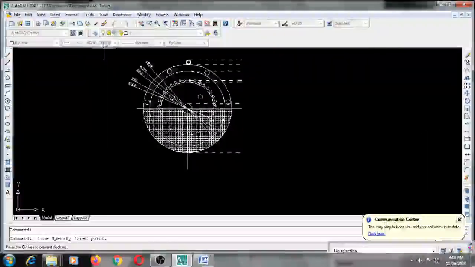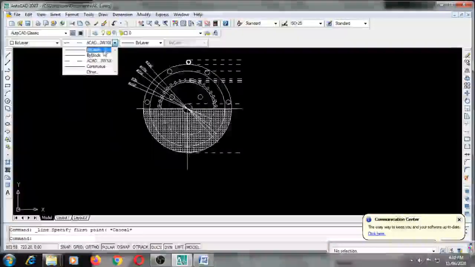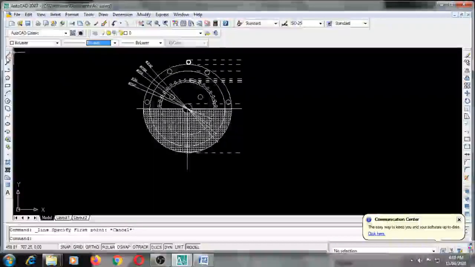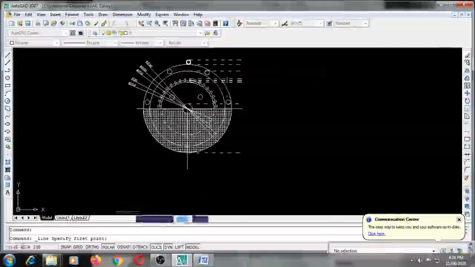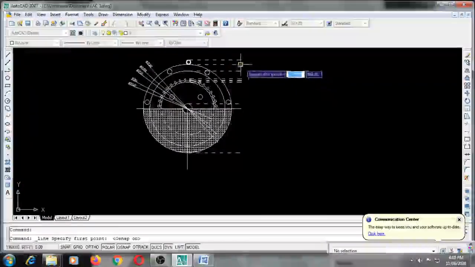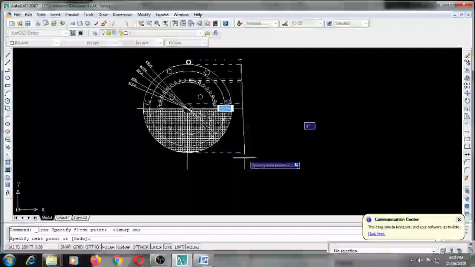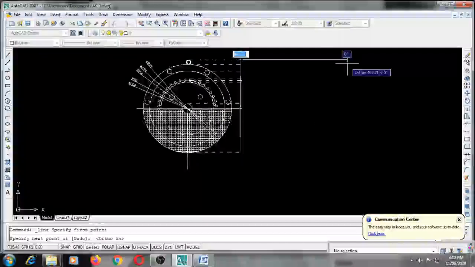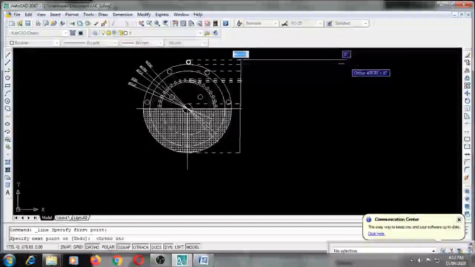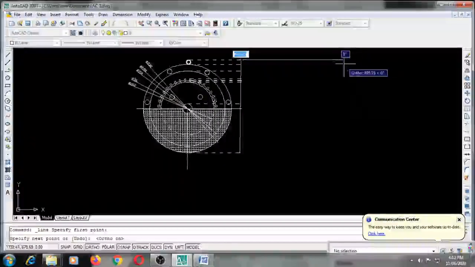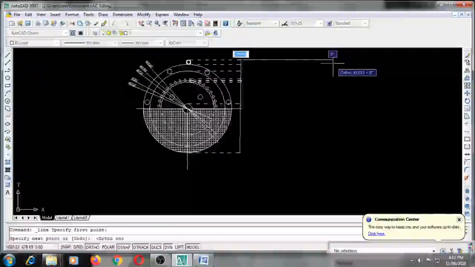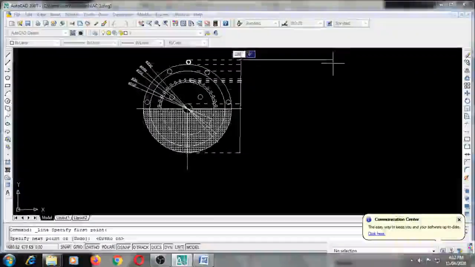So for that I will take a solid line, go by layer and take a solid line, select the line, and this end. Now we can turn on the O snap so that you can get this end to this end. 338, that is what we got in the circle, the outer diameter, total overall. So take that dimension here, 338, right?